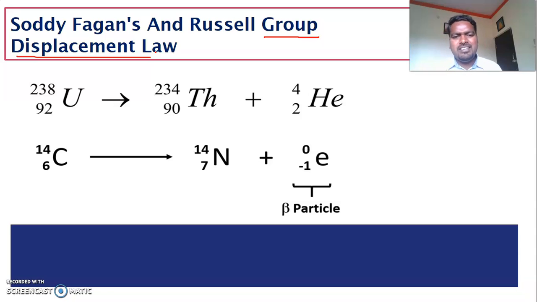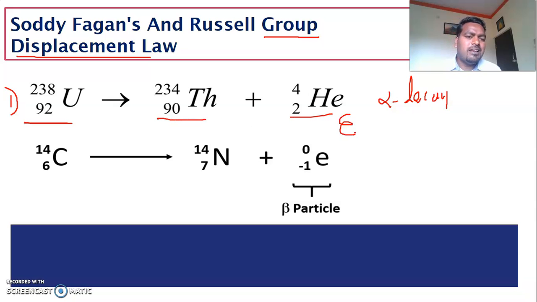Beta decay. So now let us take the first example. Uranium undergoes alpha decay. You know what alpha decay is? It eliminates an alpha particle. You just notice the change in atomic number and mass number, and whether the atomic number is increased or decreased between parent and daughter nuclei. The reactant is called the parent nuclei, this is called the daughter nuclei, and this is called the ejectile.